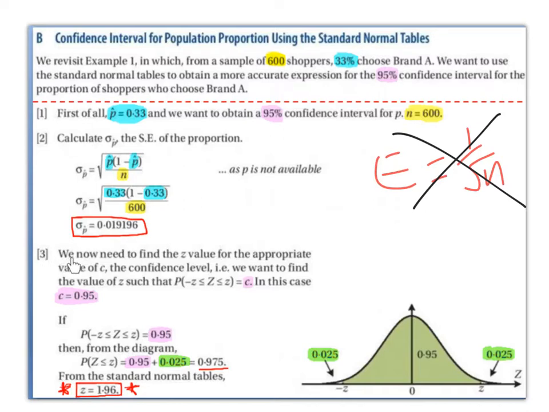Step 3. We now need to find the z value for the appropriate value of c, the confidence level, i.e. we want to find the value of z such that the probability that minus z is less than or equal to z, less than or equal to z is equal to c. And in this case, c is equal to 0.95 because we're interested in a 95% confidence interval. So if the probability that minus z is less than or equal to z, less than or equal to z is 0.95, then from the diagram,